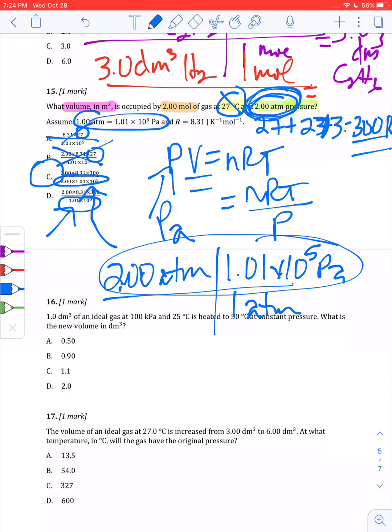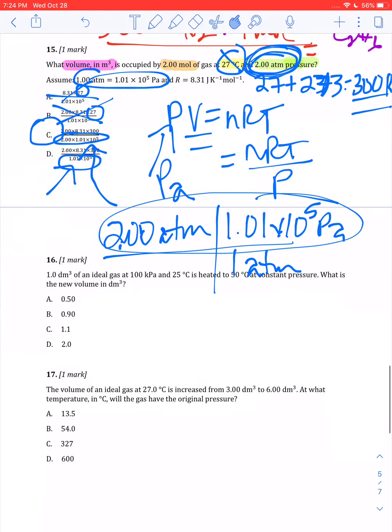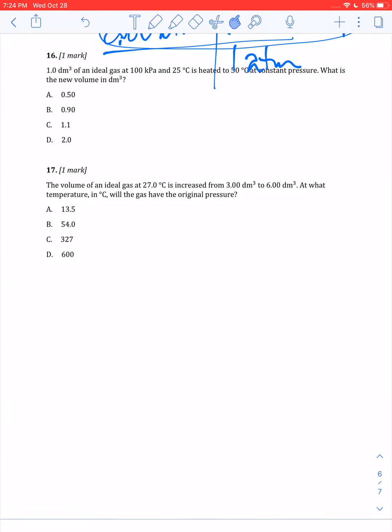It can't be D because we have to factor in the fact that it says 2 atmospheres in the problem, okay? So again, a lot of these questions, guys, are really testing whether or not you're paying attention to units and converting, okay? All right, we got 2 more, so let's look at this next one. I'm going to erase this a little bit. Okay, so this next one, it says,